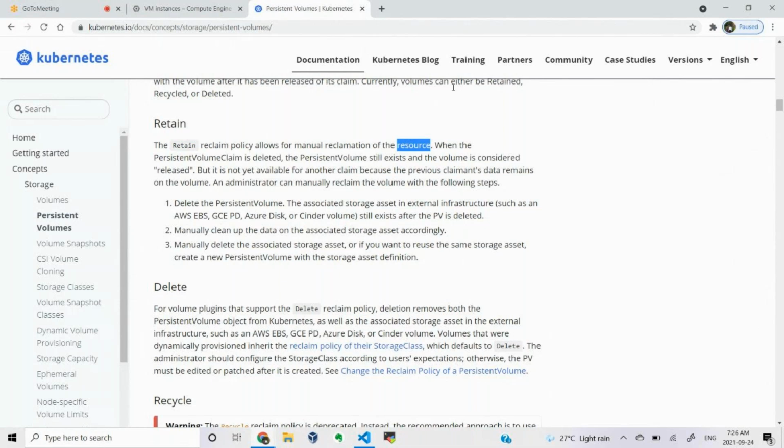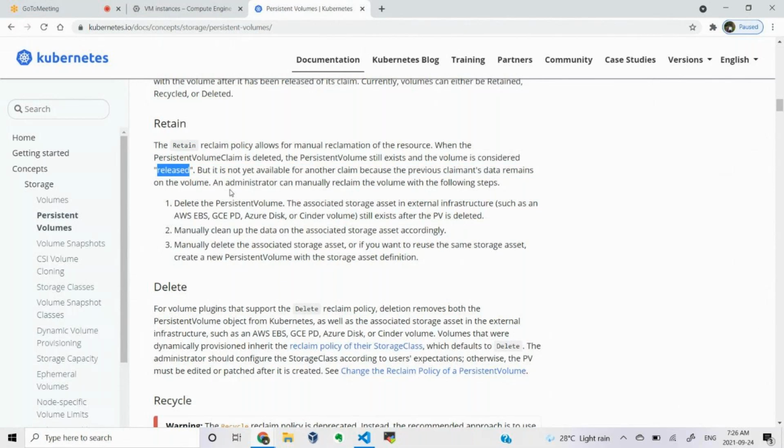You can see here, when the PVC is deleted, the PV still exists and the volume is considered released. That is what we have seen practically, but it is not yet available for another claim because the previous claimant's data remains on the volume. As I told you, whatever PVC was attached previously to that particular PV, those details are saved in the PV itself.